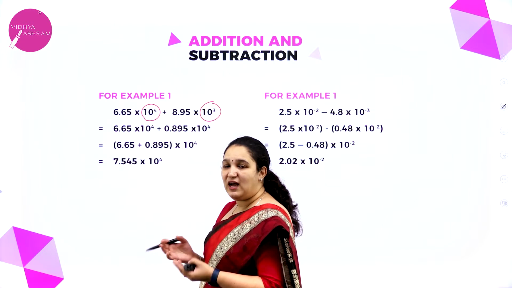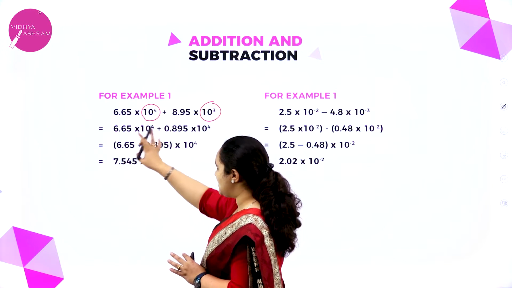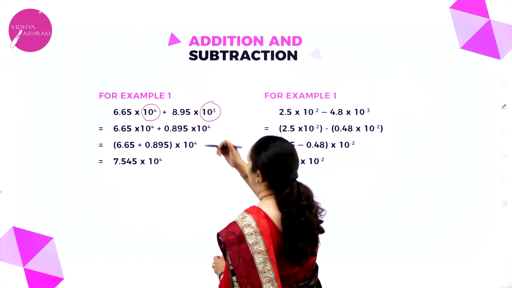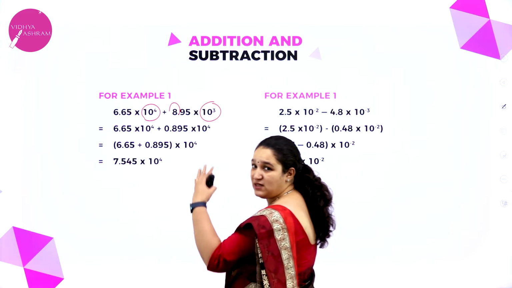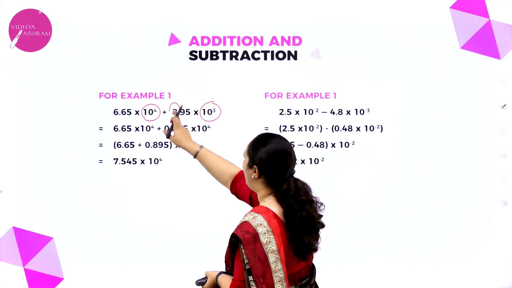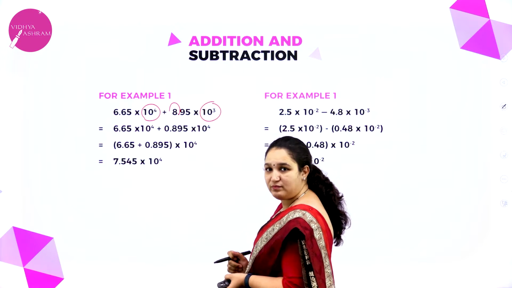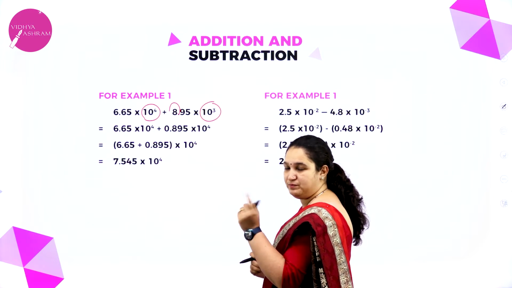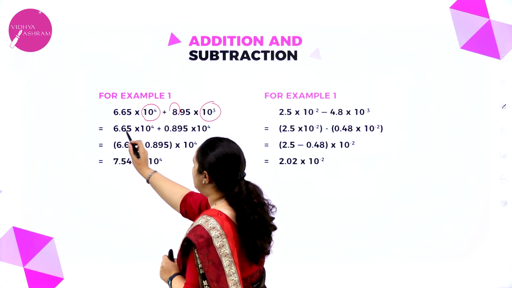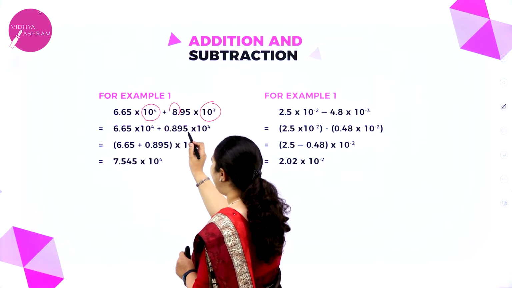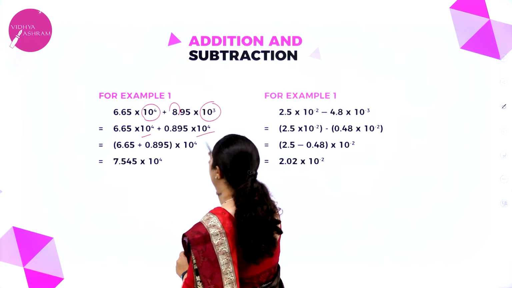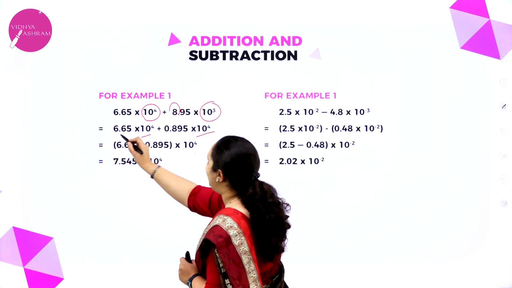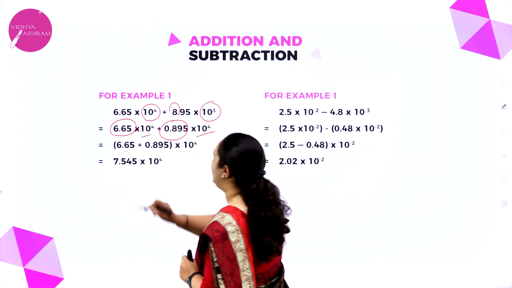So how do I convert? Convert either of them, the numbers have to be converted so that the exponents are the same. So what we have done here is, I have moved one point towards the left. That means one more point, when I move, this 3 will become 4. Correct? 3 will become 4. One point, increase by 1. Okay. So this becomes 6.65 × 10^4 plus 0.895 × 10^4. Now 10^4 and 10^4 are the same. I take the common one out, 10^4, and I add up 6.65 and 0.89.